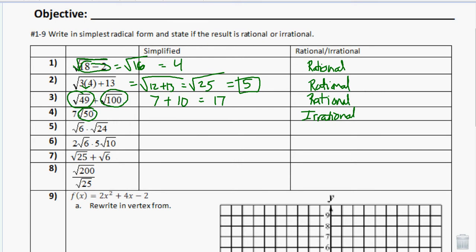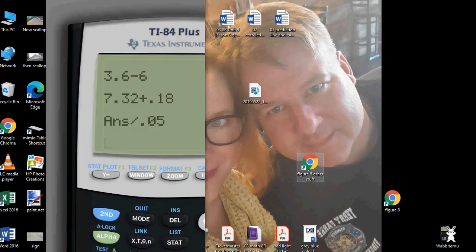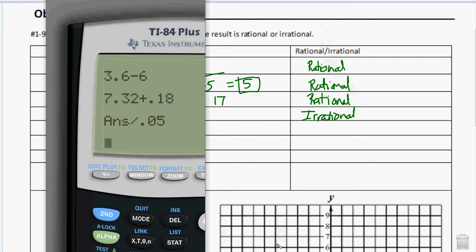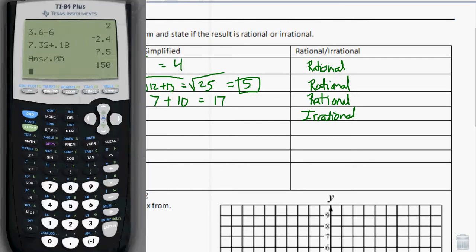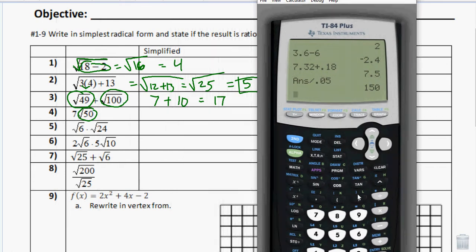So if you're unsure if the square root of 50 is rational or not, remember you can use your calculator. How do you like that picture? So on the calculator, if I type in 7 rad 50,